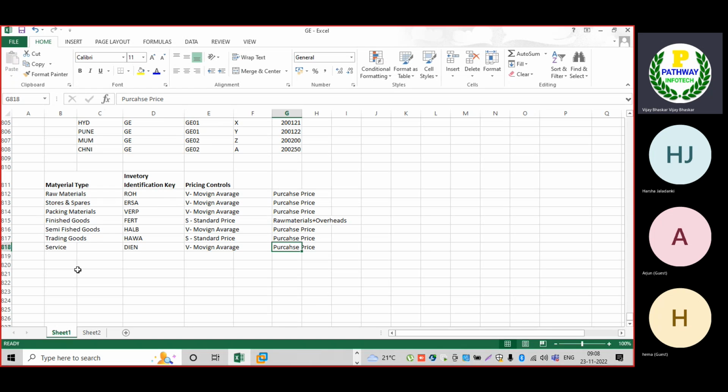These are the identification keys for how we are going to identify them in the system. So how will the system know this is the raw material, this is the stores, and this is the packing material? We have the identification keys to differentiate my materials. Now we